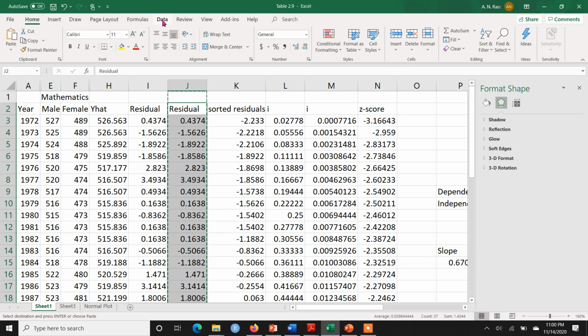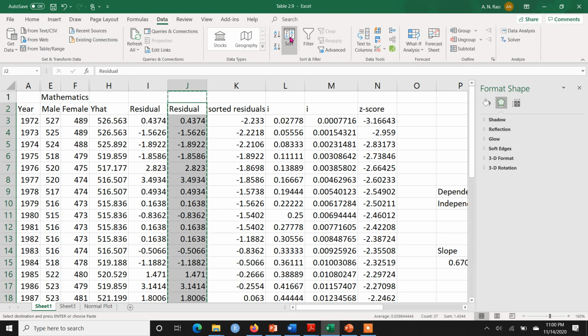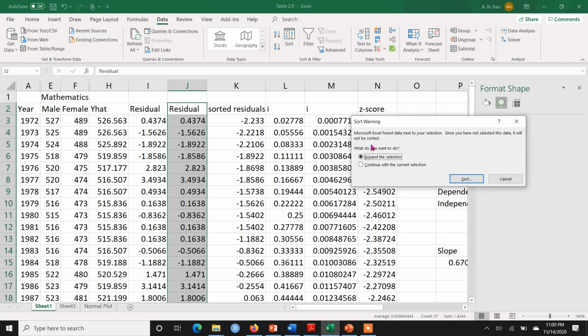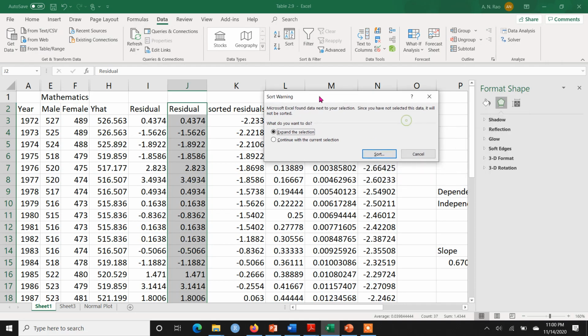So I'll go to the Data tab, and I'll click on Sort. Once I click on Sort, there is a pop-up on my screen asking whether I want to sort the entire sheet or continue with the current selection. I will choose the second option, because I don't want to sort the other column.